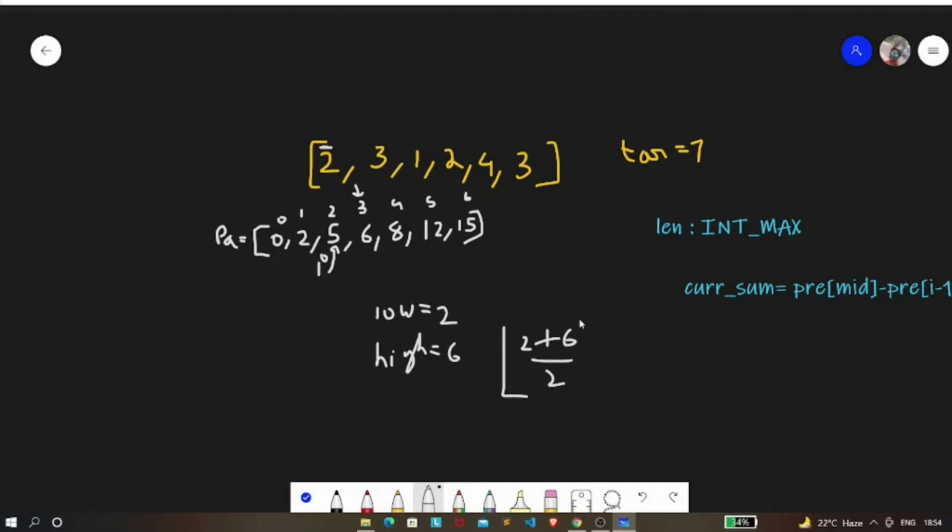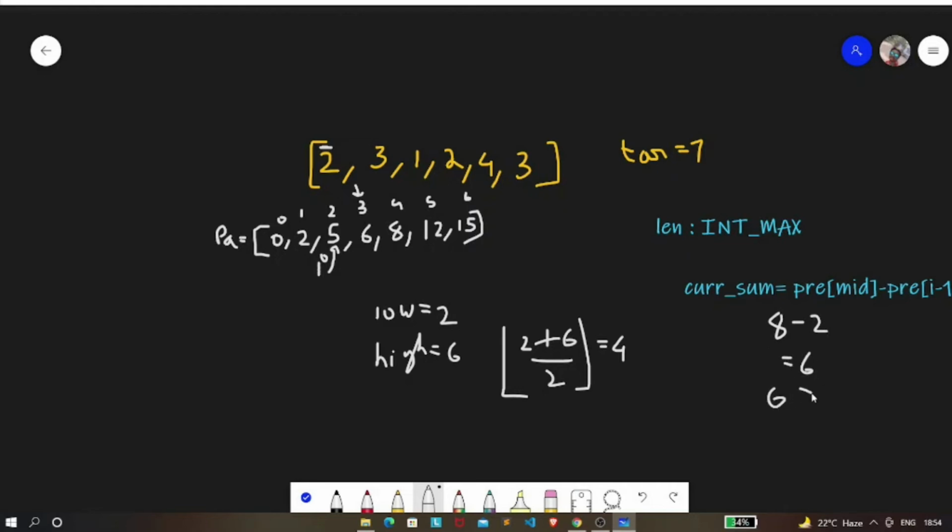If you find the lower bound, it will be nothing but 4. So if you use this formula, pre of mid is 8 and pre of I minus 1. Now our I is currently at index 2, so I minus 1 is pre of 1, that is 2. So we're going to subtract 2 from 8, it will be 6.